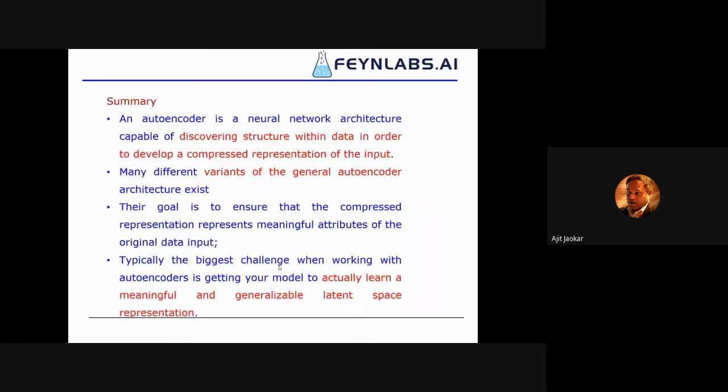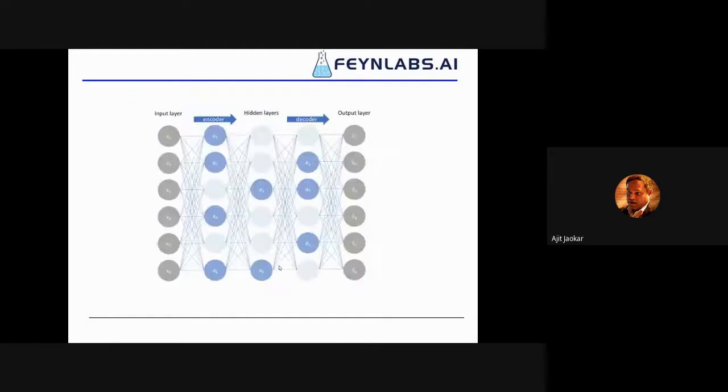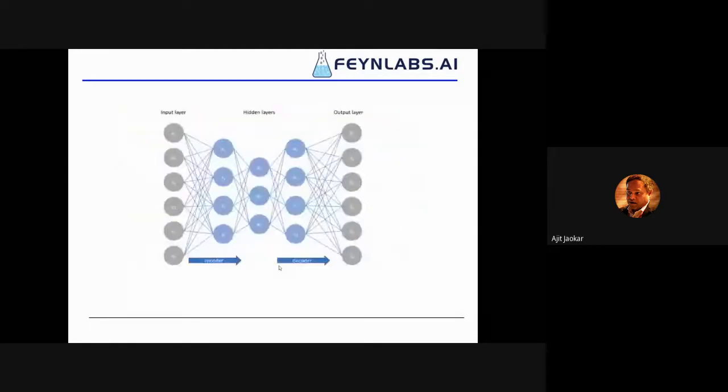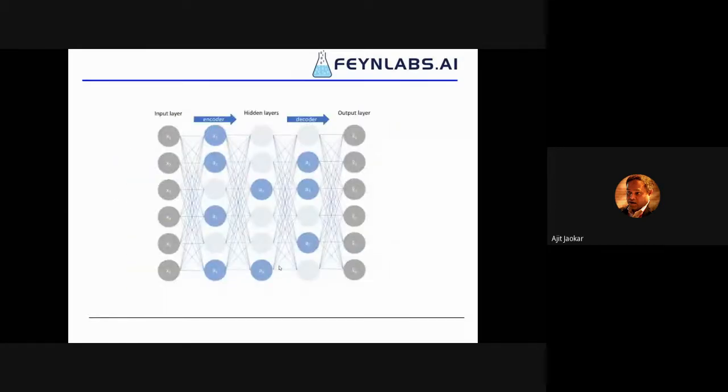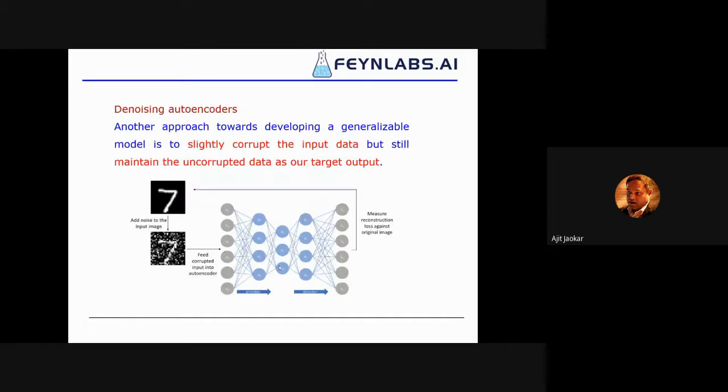So in effect, the autoencoder is something which helps you to determine the underlying structure for a neural network. The way it does that is that it introduces an artificial bottleneck. The bottleneck may be in the form of a reduced number of neurons, or you could have sparse encoders, which have the same number of neurons in the layer but some of them have been removed. So the idea is that you create a bottleneck of some kind, and it functions the same way.